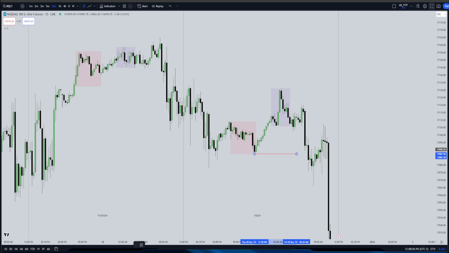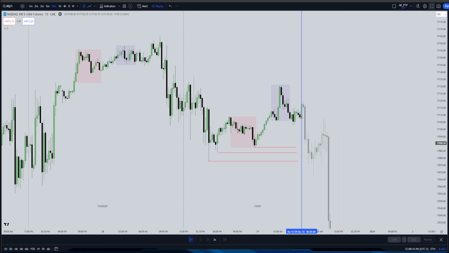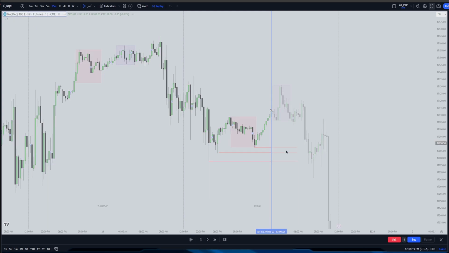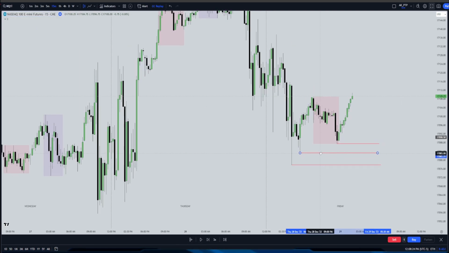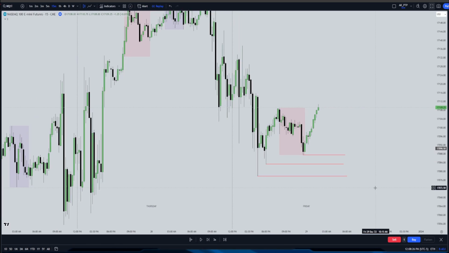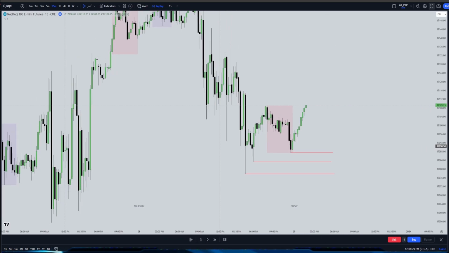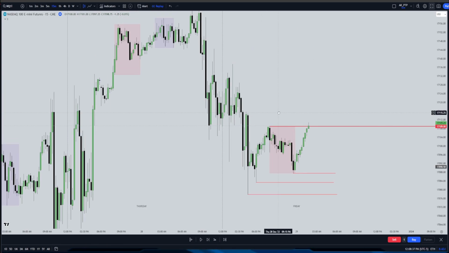So this is your Asia session sell side liquidity. Along with that, you have this swing low and this swing low. Let me put the replay tools before the London session starts. Why I'm showing this is very important. I hope you will find this information valuable, but I'm not suggesting you do that. This is your Asia session buy side liquidity, like the Asia kill zone buy side liquidity, and above that,